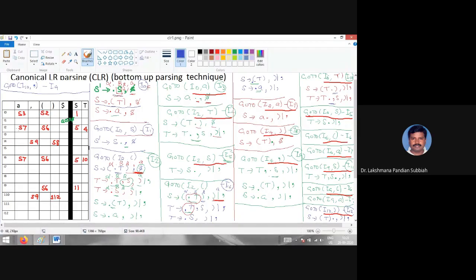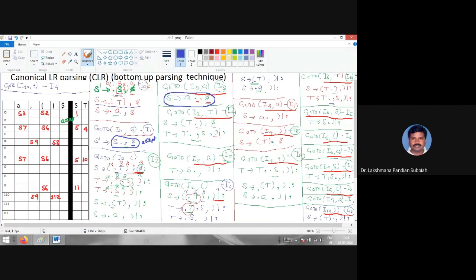Now you see this first one. Because of this one we are putting end dollar, so the dot at the end, then we are having dollar. In that dollar you are putting now, so $1 we are doing now accept. So this is we are having accept. Next you find out the dot at the end. So in that I3 we are having,